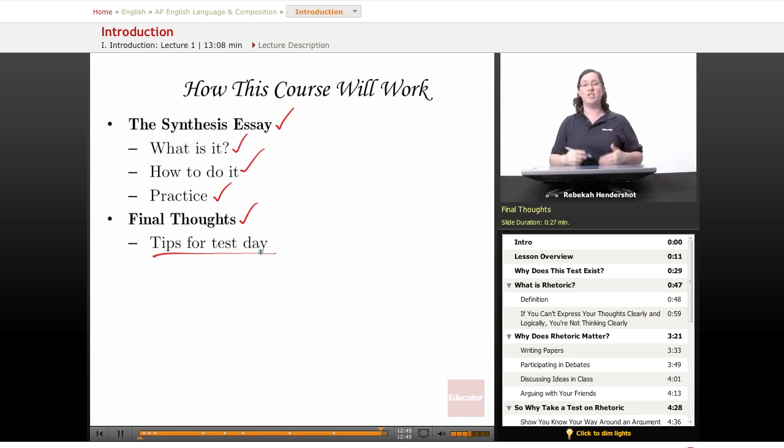Simple things that you can do the night before the test, the week before the test, and even the morning of the test to raise your score. Really basic stuff that a lot of people sometimes forget, and maybe even a couple of tips that you haven't heard before. Last-minute strategies that can make a big difference in your score.